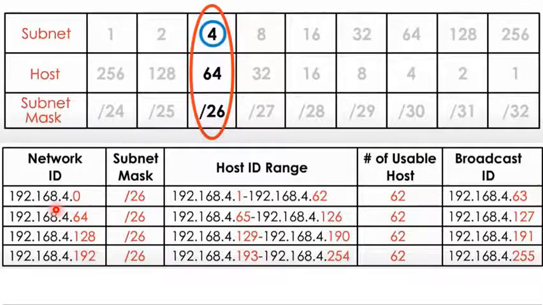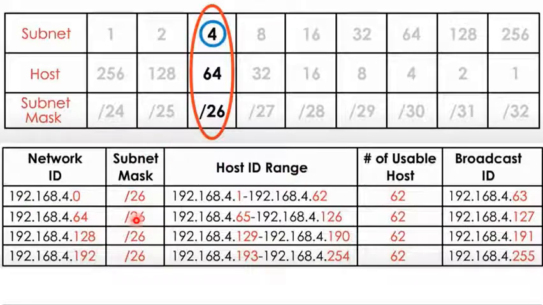Ending address means the difference is 64. So 0 to 63, you will get 64 addresses. So the broadcast ID address is 63. Now again, what is the host count? 64. If you add 64 to the previous address value, you will get 127. If you add 64 plus 127, you will get 191. If you add 64 plus 191, you will get 255. So the network IDs and broadcast IDs are done.